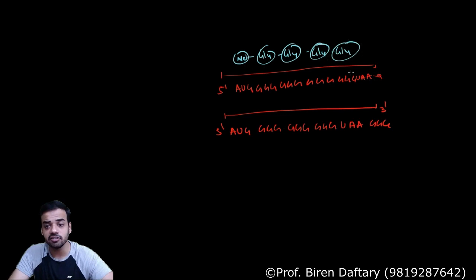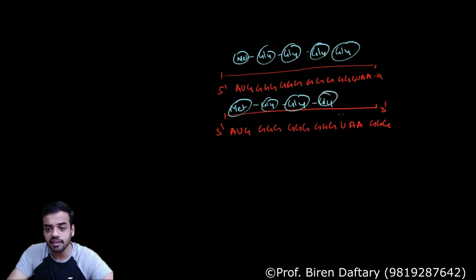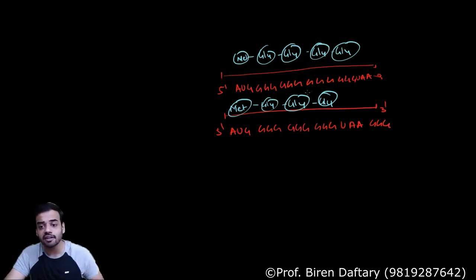But now I have changed the order of the codons. What is happening is, over here the amino acid chain formed will be MET, glycine, glycine, glycine, and now there is a stop codon, so it will stop. This GGG will not be formed, because for it to form again you need a start codon, because translation has stopped over here, so this will go to waste. Unless there is another start codon, translation will not occur.